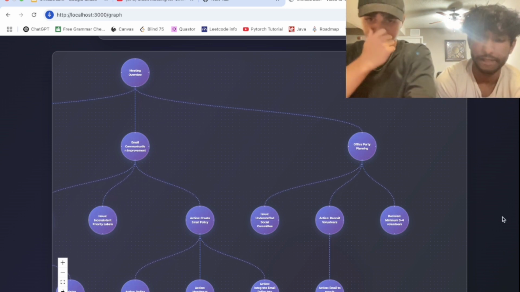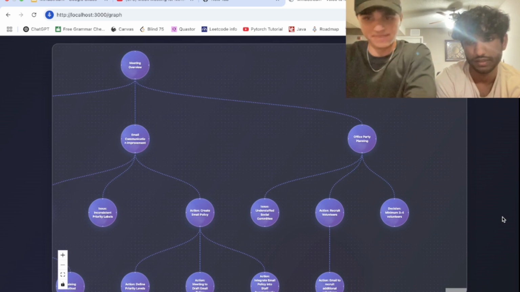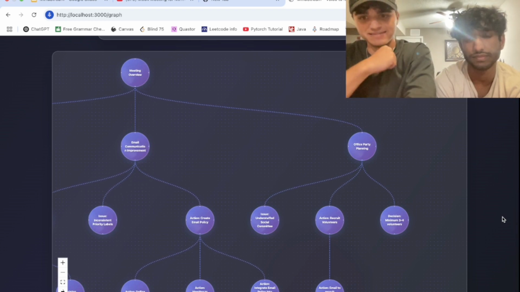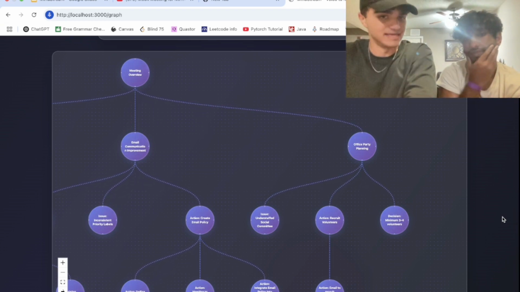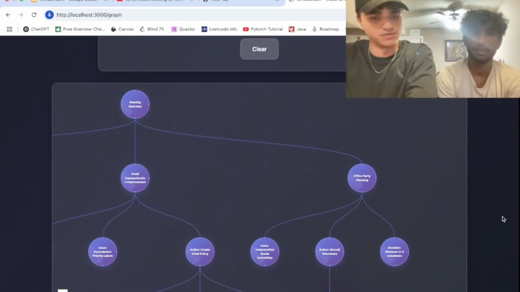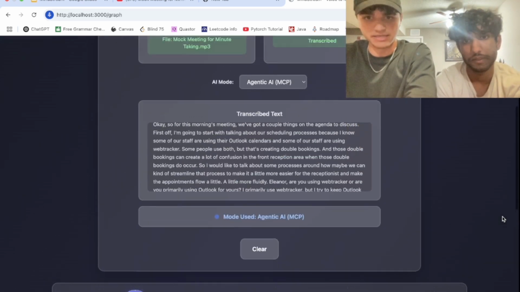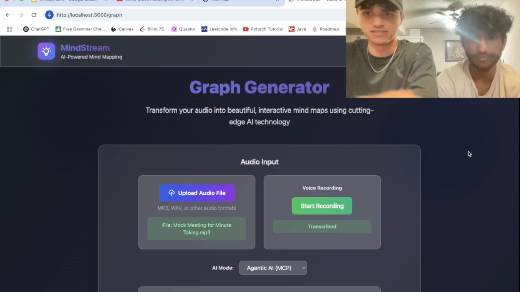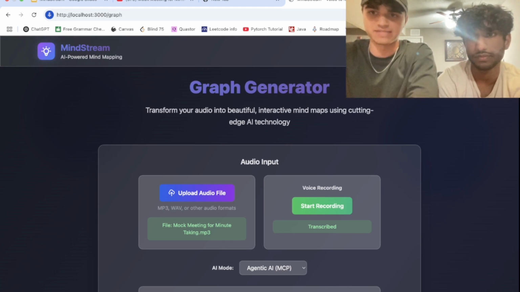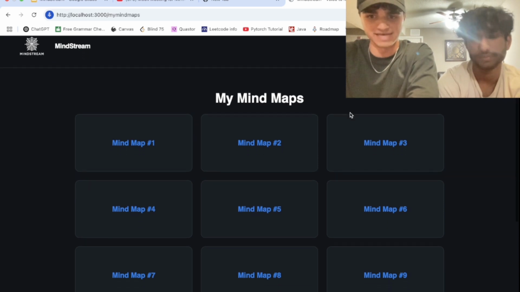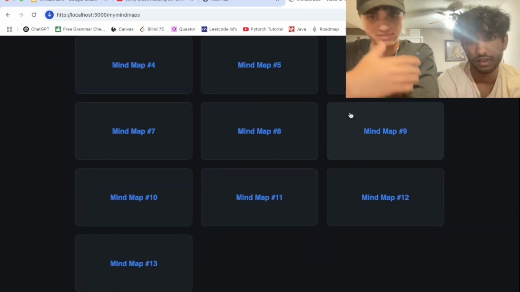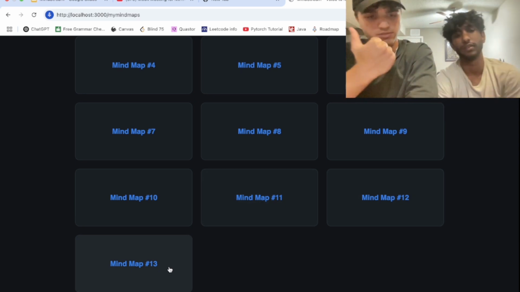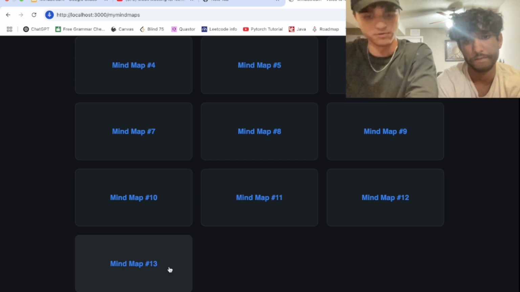Now, as we mentioned earlier, we also integrated a database with our mind maps. So let's say, for example, that someone generated a mind map and they happen to forget one of the keynotes, or they just don't have access to the recording any longer. Luckily, we have a persistent database which stores all of our data associated with the user. So if you go to the mind map section here, as you can see, we have a bit more because we were testing, but it stores all of our mind maps that were created, whether it was through the audio MP3 upload or through the live voice recording.